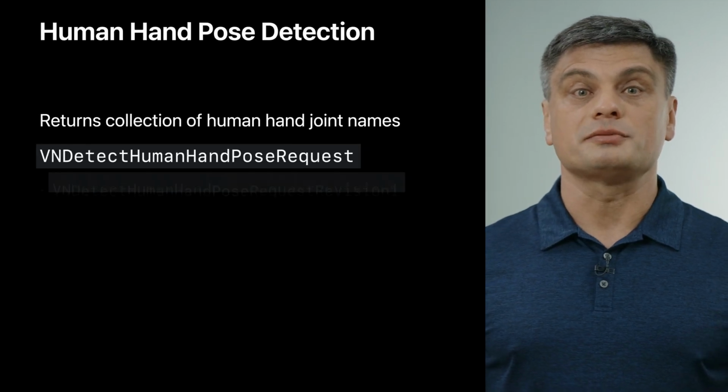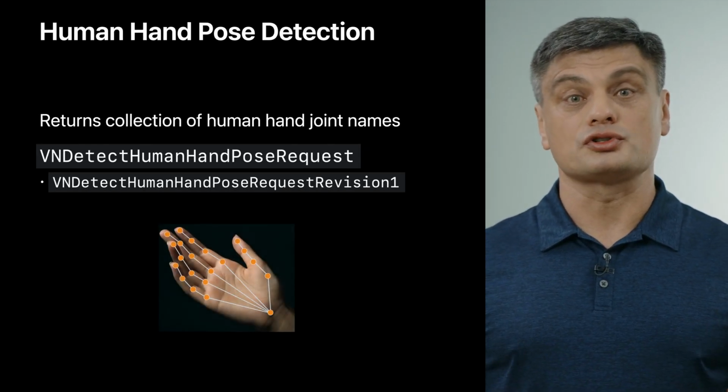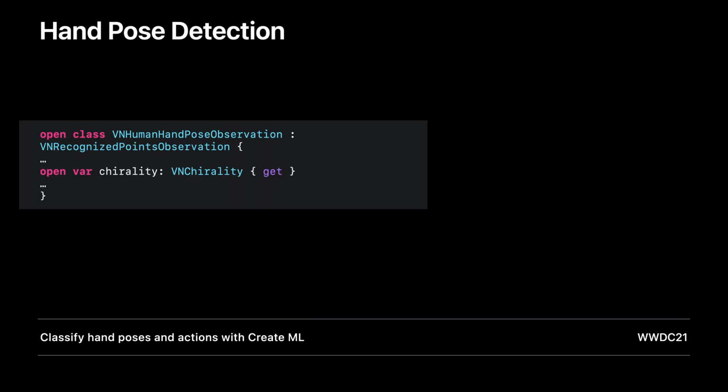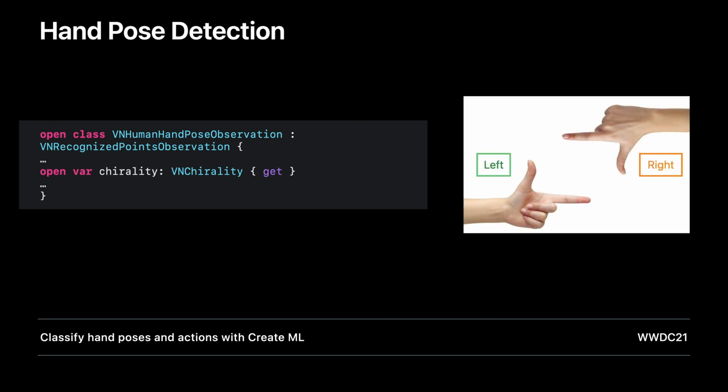Vision Framework also offers human hand pose detection as detect human hand pose request. Similar to human body pose detection, processing of the hand pose request returns a collection of human hand joint locations. We're upgrading functionality of this request by adding an important property to the resulting observation, hand chirality. The new chirality property of the human hand pose observation will contain information whether the detected hand was left or